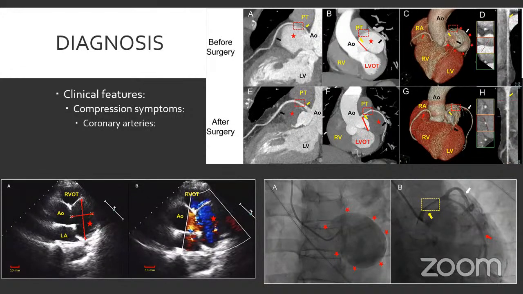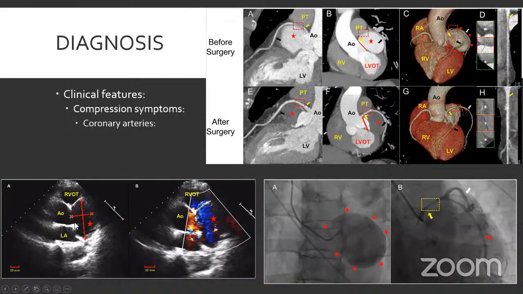Some of the structures that are involved, for example, the coronary artery. These are images from a person who had angina and episodes of syncope. Upon workup, he was found to have a dilated